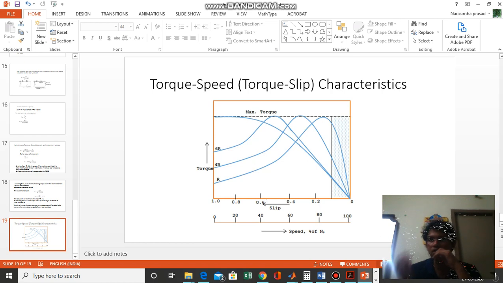We can vary the starting torque by changing the rotor resistance. How do we change the rotor resistance? We have two types of rotors, as you would have heard in the construction part: the squirrel cage rotor and the wound rotor. In a squirrel cage rotor, there is no chance of changing the rotor resistance. But in a wound rotor motor, we can change the rotor resistance by adding an external three-phase resistive network, like a star network, to the end parts of the rotor windings.